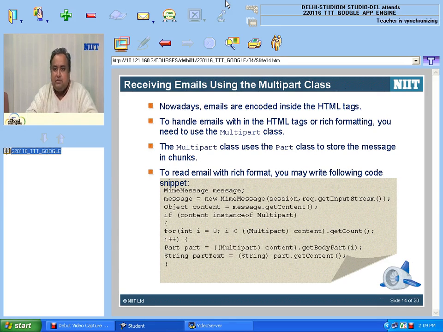So now what happens is that there are mails which are sent as HTML text. They have formatting, bold, italics, underline, etc. So to handle emails with HTML tags or rich formatting, you need to create multi-part. You need to use the multi-part class. The multi-part class uses the part class to store message in chunks. So the message which is coming will be stored using the part class, and to read the mail which is having rich format, you may write the following code